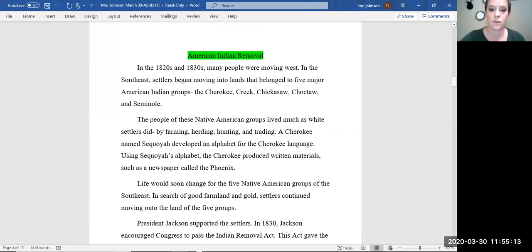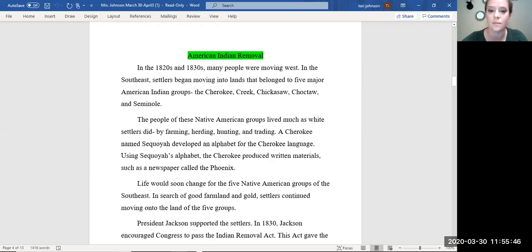So I'm gonna go ahead and read for those who weren't able to attend class. You can read along with me, and here we go. American Indian removal. In the 1820s and 1830s, many people were moving west. In the Southeast, settlers began moving into lands that belonged to 5 major American Indian groups: the Cherokee, Creek, Chickasaw, Choctaw, and Seminole. The people of these Native American groups lived much as white settlers did, by farming, herding, hunting,